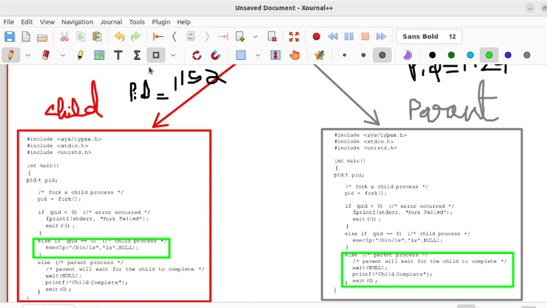So after the child has been executed successfully, this line will get executed from the parent, that is, child complete,